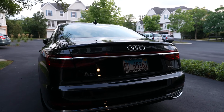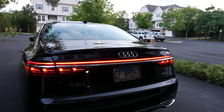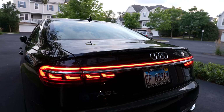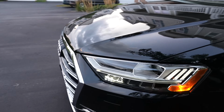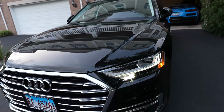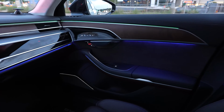Love how the OLED taillights just gradually fade out. This type of animation just adds an added depth to all of the features. So cool. And then see a little lighting in the door handles there. Front lighting signature. I don't think these do any sort of animation. Nope, that's it. They just turn on and off. It's getting dark enough that we can see the